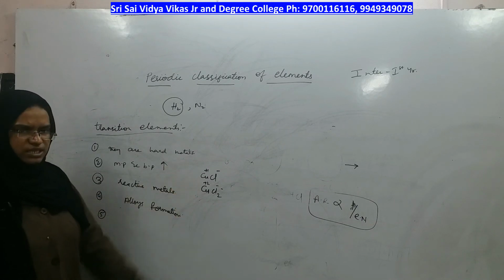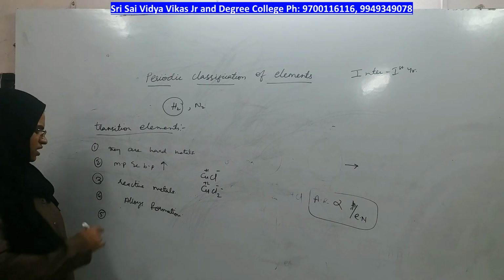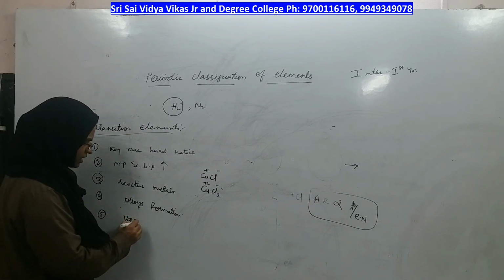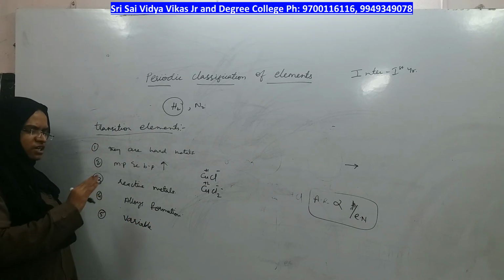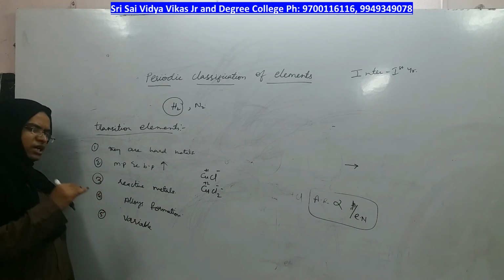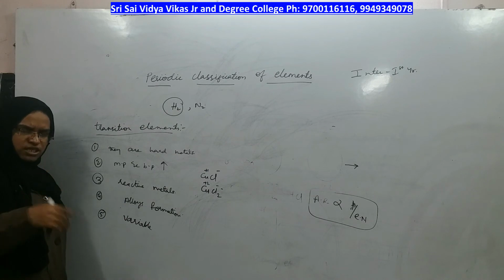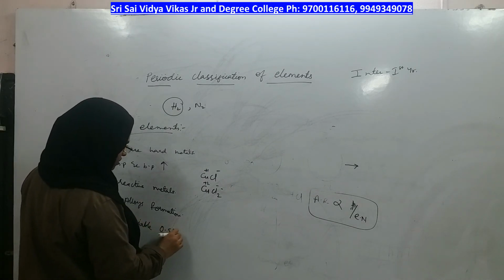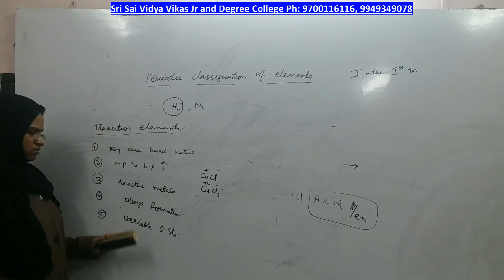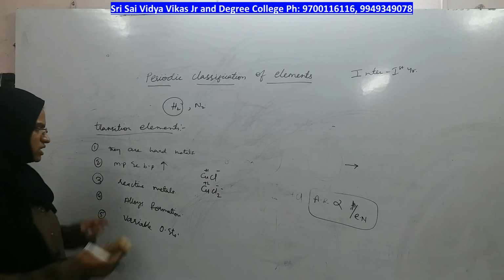This is just one example. For all the d block elements, this property exists, in which they can have variable oxidation states. It's not fixed that copper should always have +1 only or +2 only. All the metals of transition elements can have not just one oxidation state, but many oxidation states, and that property is called variable oxidation states, which are possible for transition elements, right? These are the properties of transition elements.